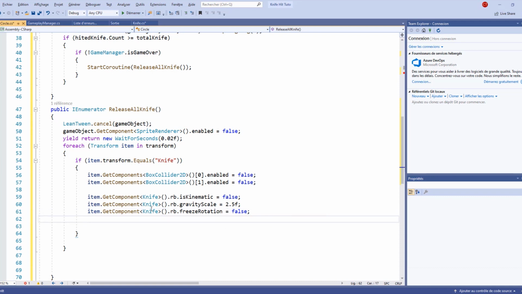Then we need to access our RB dot angular velocity, and let's just assign a new random dot range, and the range is going to be between 2 values. The first one is going to be -20, and the second is going to be 20. Don't forget to add the f value to it. Then all we need to do is to multiply what we have by 35. Okay,